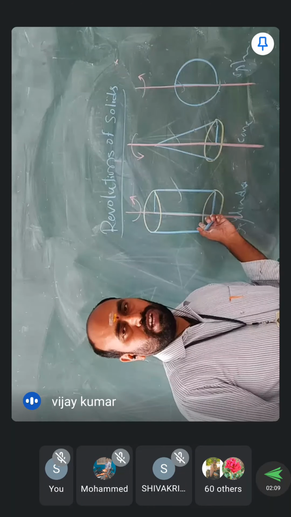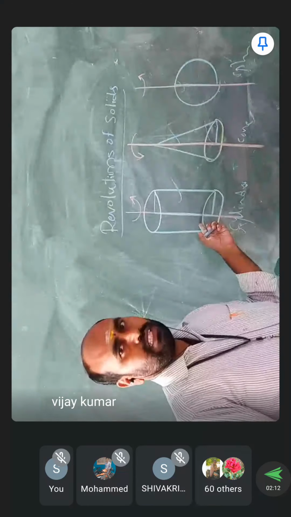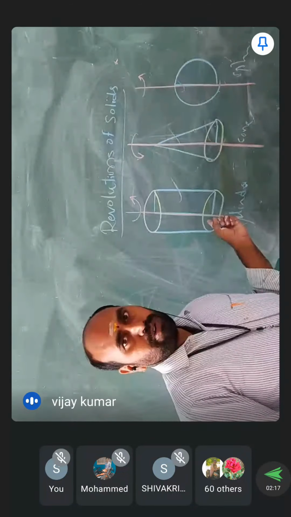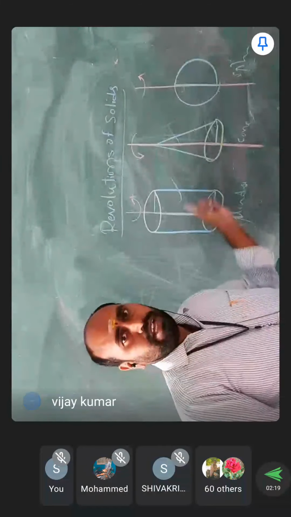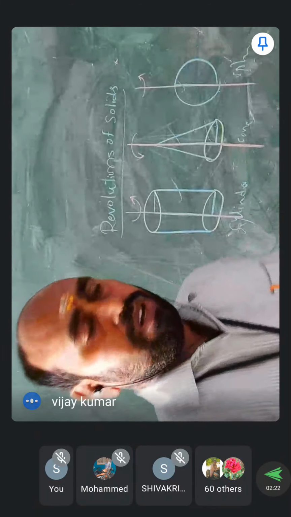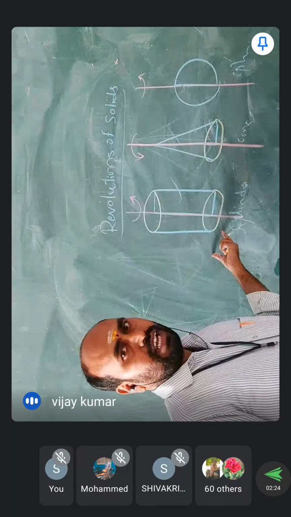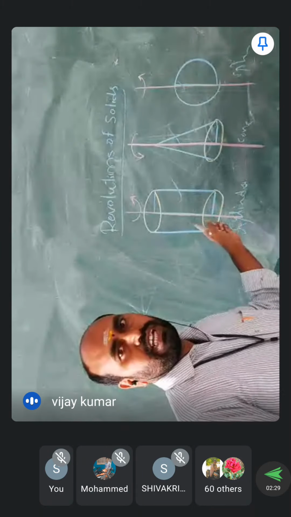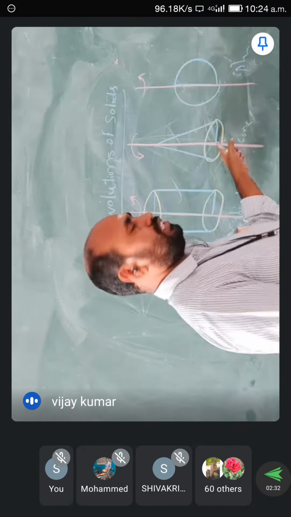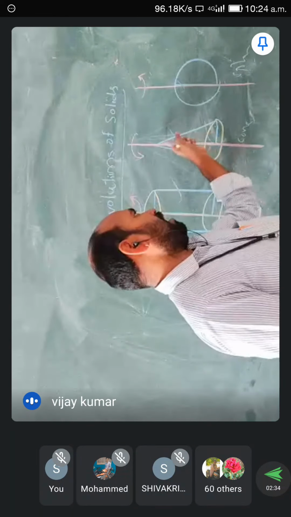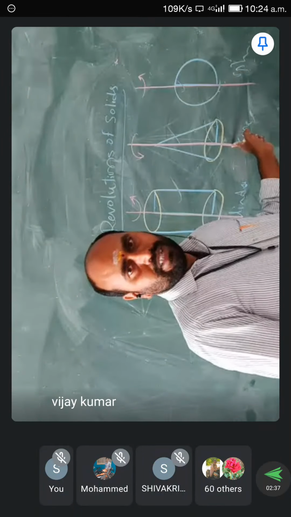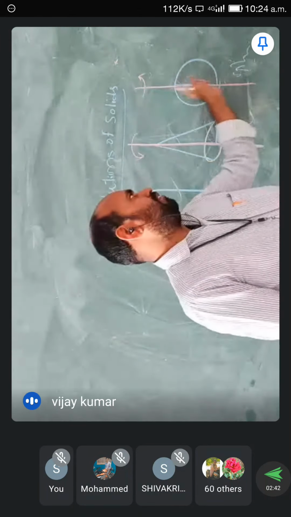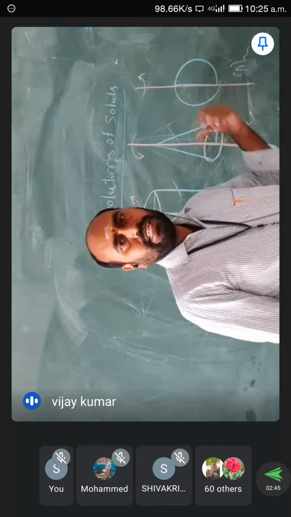Those are called here the revolutions of the solids, right? And what is the next thing? Now we are going to discuss the basic information about the revolutions of the solids. So how are the solids generated, right? By rotating a rectangular plane about one of its longer edges we get the cylinder, and an isosceles triangle also rotated about its longer slant edge, then we get a cone, and the semicircular plane is also rotated about its edge, we get a sphere.